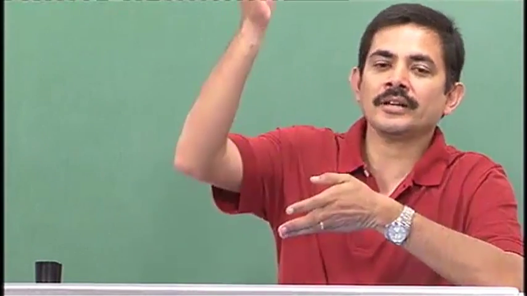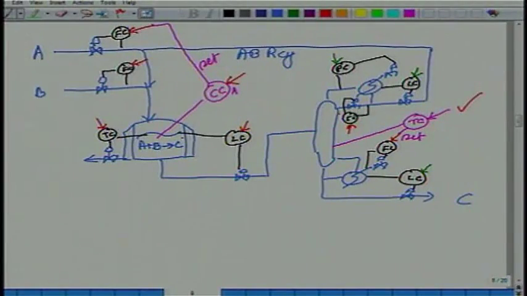You need to further quantify that. Why is the economics better? Because if you have more unreacted A and B coming out of the reactor, you need to send it up. That means you need to put in more steam in the column. Yes or no? So your steam consumption per kg product produced goes up if you are operating at a lower level. So you would operate the level at max.